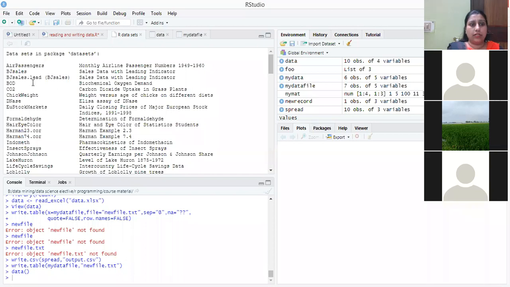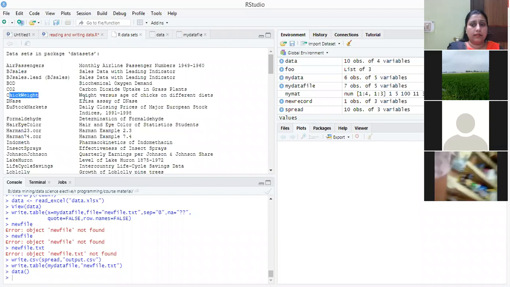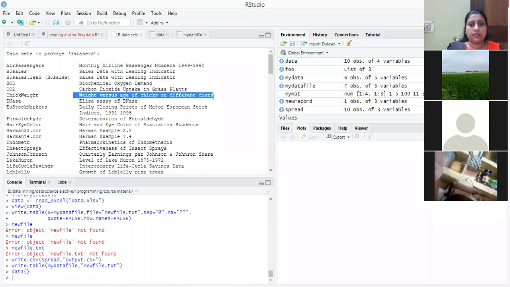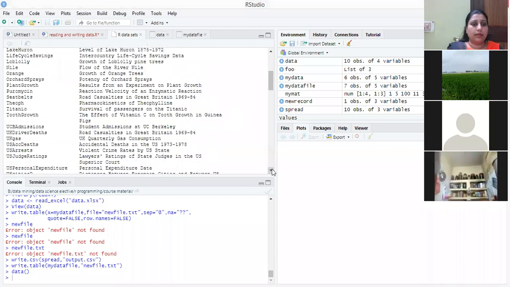These are the names of the data sets and their one-line description. As we are considering the chick weight data set, this is the weight versus age of chicks on different diets. So this data set is all about weight versus age of chicks on different diets. Similarly, we have lots of data sets which are by default available.